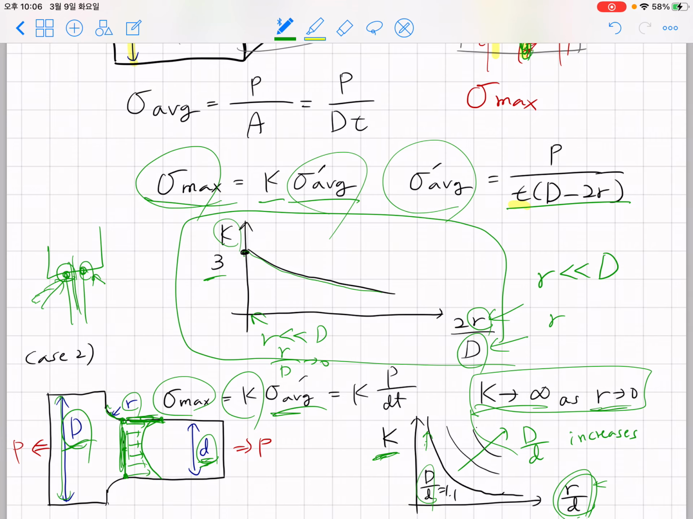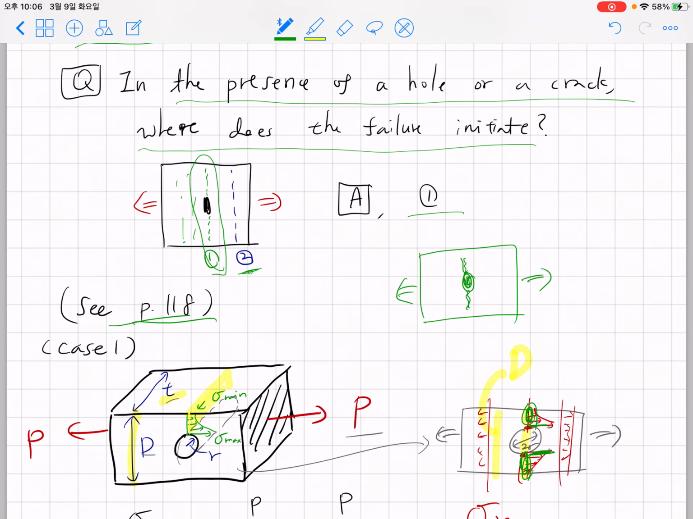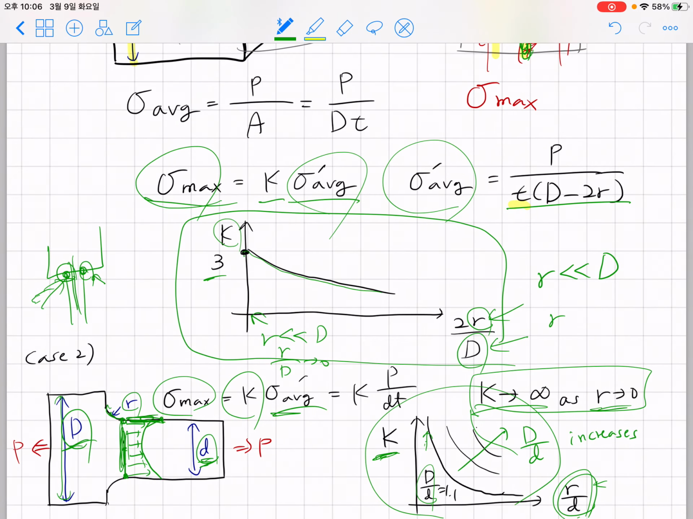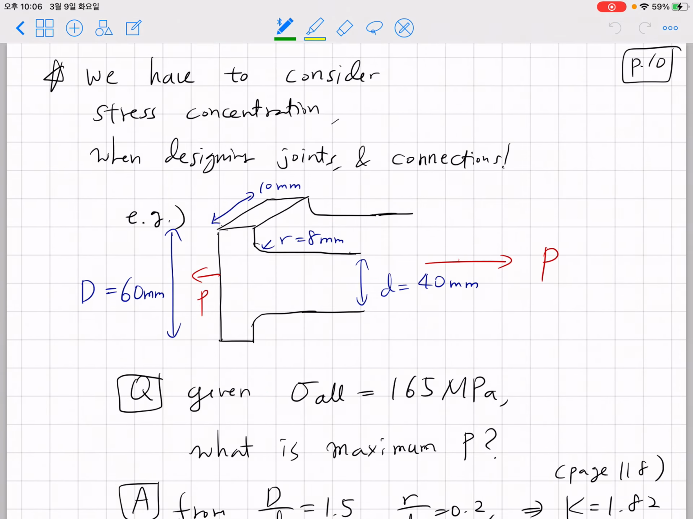Okay, so anyway, regarding this table, you also have to refer to page 118 to get the value of K, which gives you the stress concentration factor as a function of large D and small r. Based on that stress concentration factor table, you can solve some example problems. The message I want to deliver is that we have to consider stress concentration, especially when designing joints and